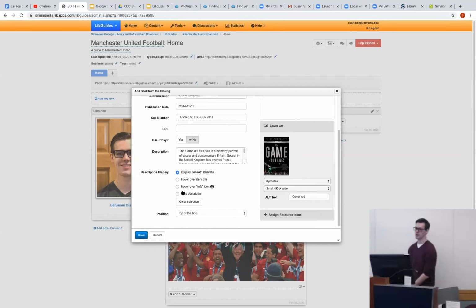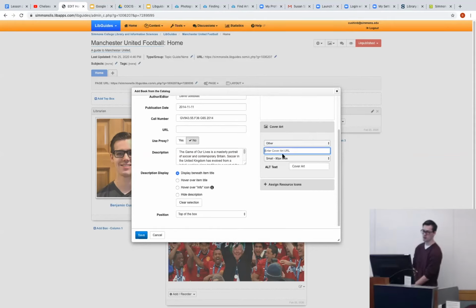The last thing, because I used this ISBN number, it put the cover art in for me. Sometimes books in catalogs don't have cover art, but people really, really like images. I think it kind of draws people in. If for whatever reason you don't have that, you can either try to find it through Amazon, which I have had trouble with, or there's an Other option where you can actually get a link to the cover art. So I could click on the cover of this book,